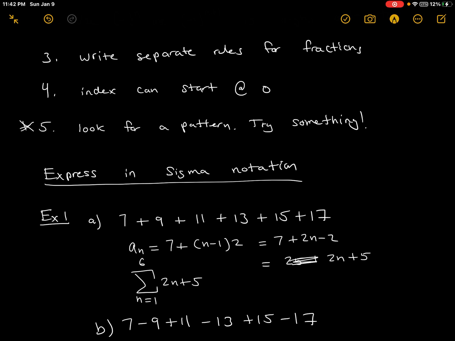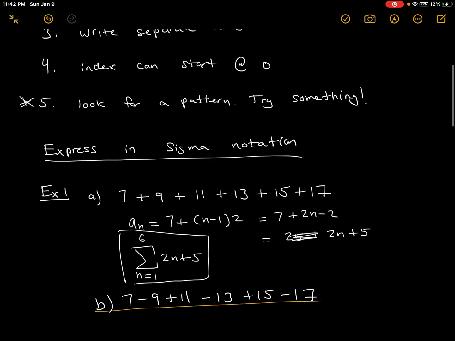And you can always check this rule, right? For n is equal to 1, 2 plus 5, does it give me 7? Yes, it does. For n is equal to 2, 2 times 2, which is 4, 4 plus 5, does it give me 9? Yes, it does. Okay, so this will be my final answer. Again, if it's an arithmetic sequence, you use the arithmetic explicit rule, and then you can count that there's literally